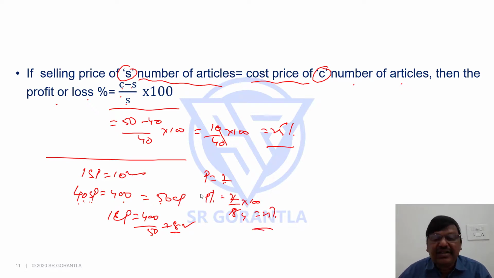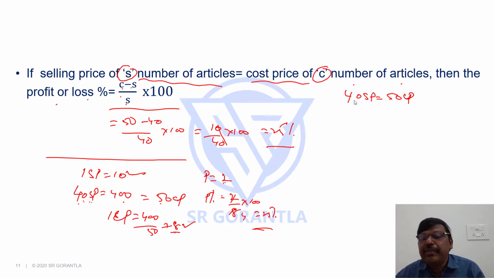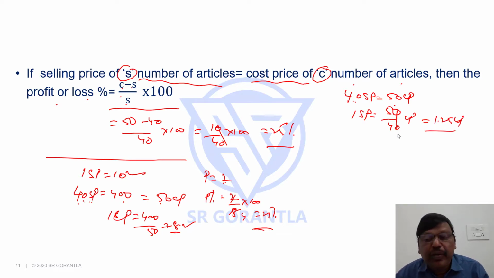Right? Next. I can also tell you a simple logic. 40 articles selling price equals 50 articles cost price. Why do I say that? Because by selling 40 I can buy 50 articles, which means the selling price of 40 is the same as the CP of 50. So what is the selling price of one article? This 40 goes to the other side. 50 by 40 or 5 by 4 CP. 5 by 4 means can I say 1.25 CP? 5 by 4 means how much more than 1? 5 by 4 is 1 plus 1 by 4. Anything more than 1 is your profit. How much more? 1 by 4 more, and 1 by 4 is what percent? 25%. Or I can say 5 by 4 is 1.25 CP.